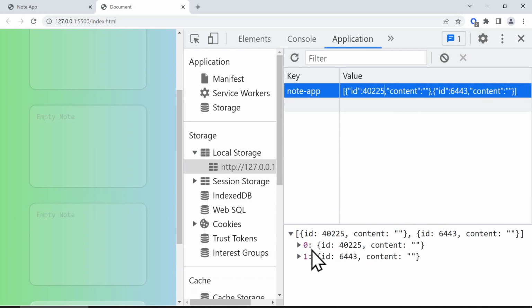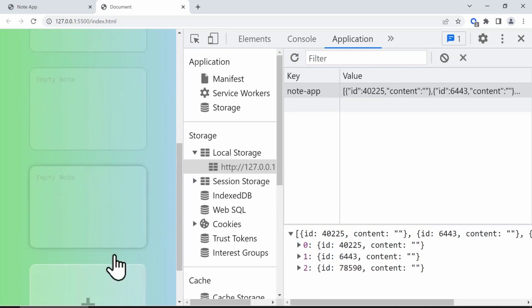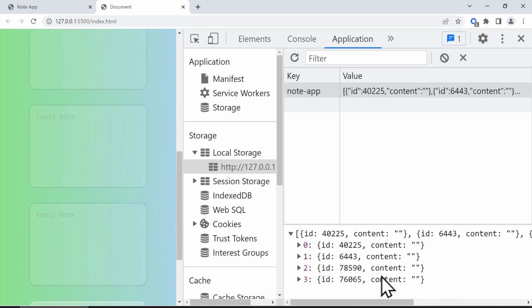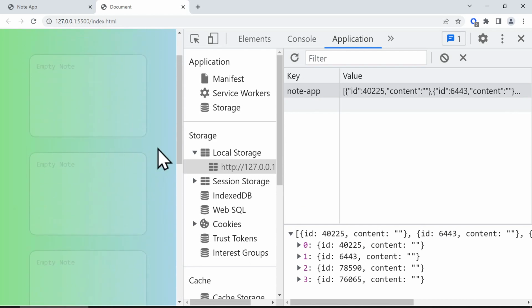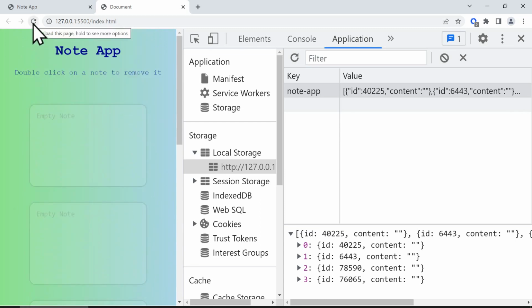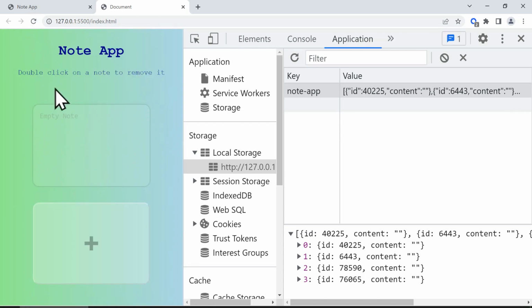The first element is this one, and the second element is this one, and whatever we add is going to be added inside the local storage. So now after creating this, we need to have the ability to edit and delete these nodes. Also, when we refresh, you see that everything else is gone. So we don't have anything. We need to actually get all the information that is already inside the local storage and populate all these